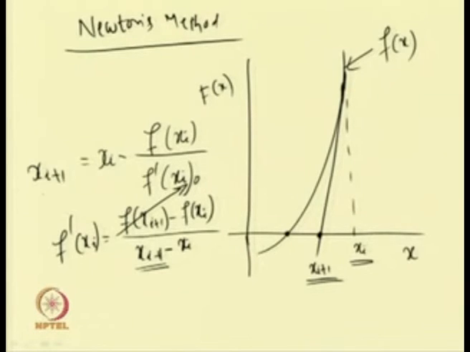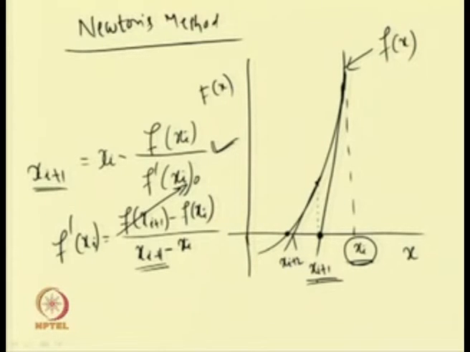In this way we can find the next point which is closer to the solution. Now, after finding this point, let us again draw one more tangent. So, this is x_(i+2). We have started with x_i. Now, we have plotted one tangent here. It cuts this x axis at this x_(i+1). This x_(i+1) we obtained by using this expression.